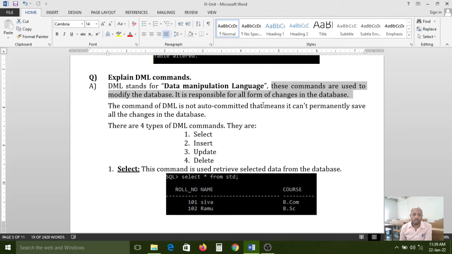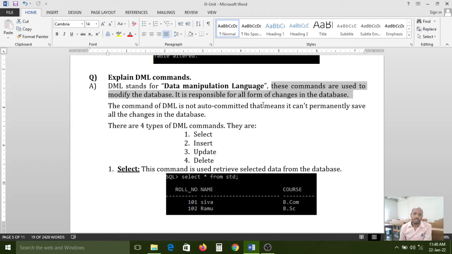DDL commands are used to create the table, modify the table, delete the table, and also delete columns and modify the complete table structure. Table structure is nothing but what? Columns. If you want to create any table, column names are compulsory. We can define the column names, or we can also change them afterwards.